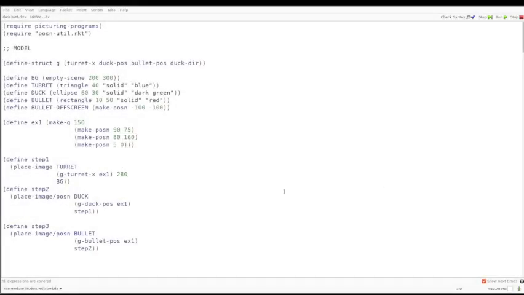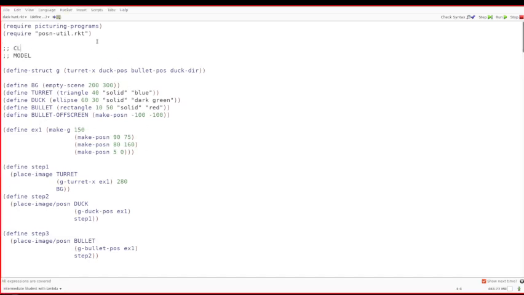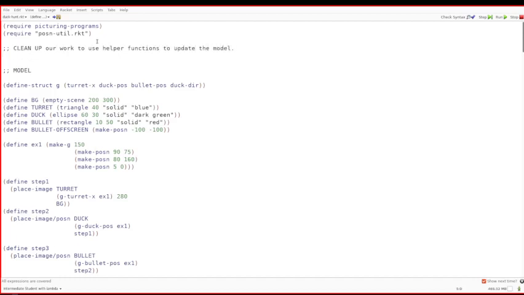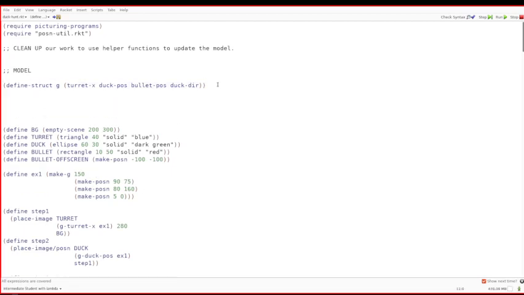Welcome back. This is the fourth installment of the Duck Hunt series. In this installment, we are going to clean up the model, clean up our work to use helper functions to update the model. So we didn't really write that much code, so we probably didn't have the chance to end up needing helper functions. But I'll show you how to use helper functions to update your model so that you can easily change your